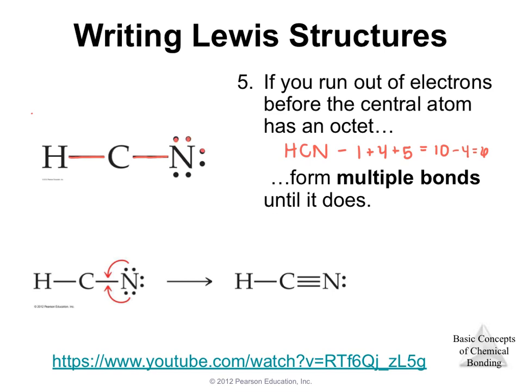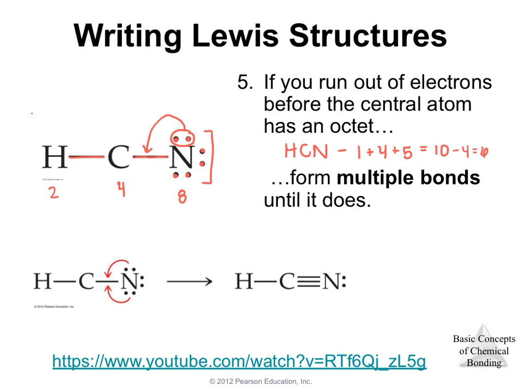2, 4, 6, 8 with that then on my nitrogen. So nitrogen has 8. Carbon, because it has 2 bonds, only has 4. And hydrogen only has 2. Hydrogen is okay with just having 2, but carbon needs to have 8. So I can't add any more electrons. So what I'm going to do is basically drop these electrons